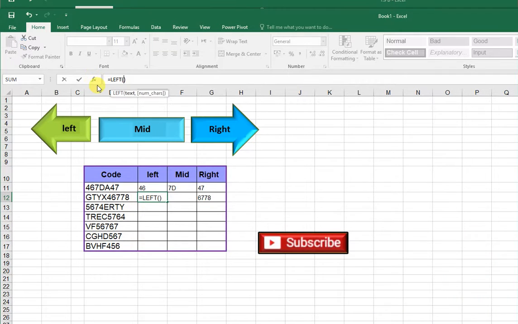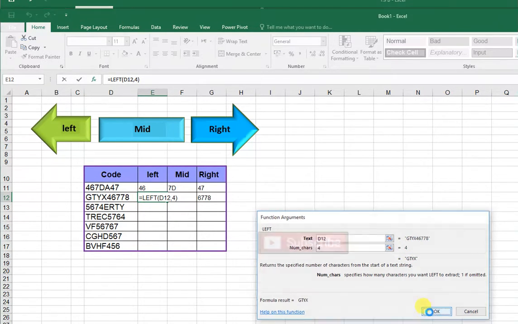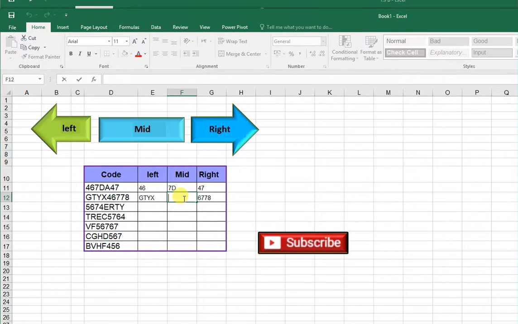and then it opens a box, I take from here, but I want the 4 characters, and then if you see GTYX, and then I press OK, and from the middle, equal mid,